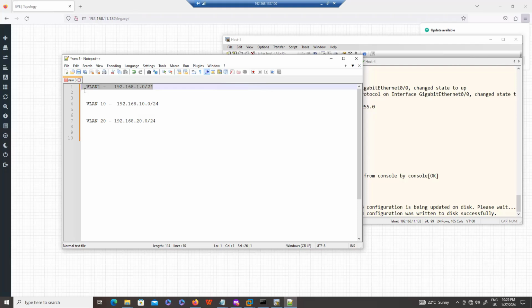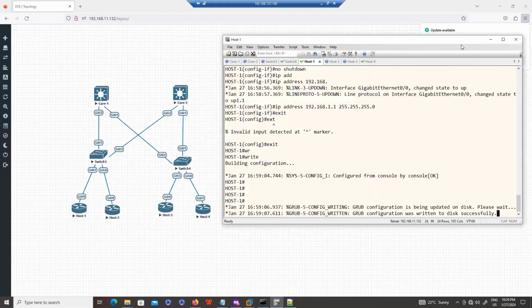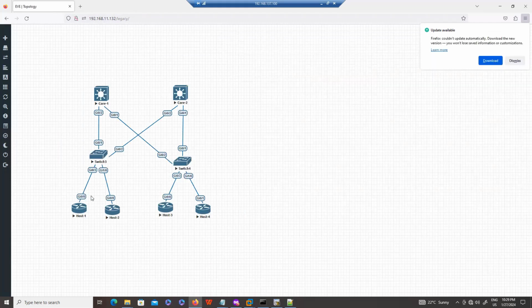No, we cannot use a loopback here. We'll talk about loopback later. But right now, why can we not use a loopback? Because this is a NIC card connected to the switch.